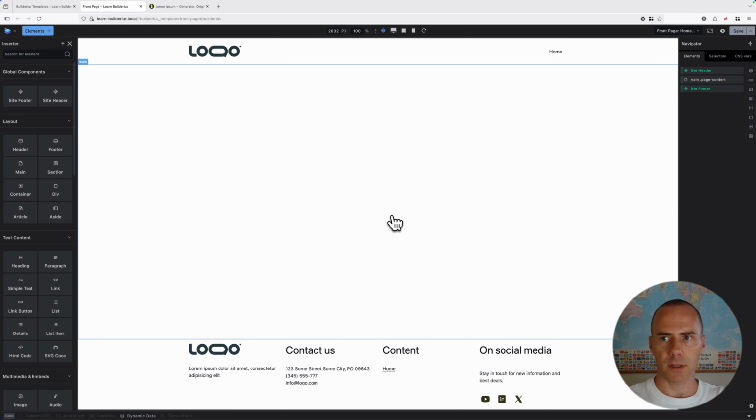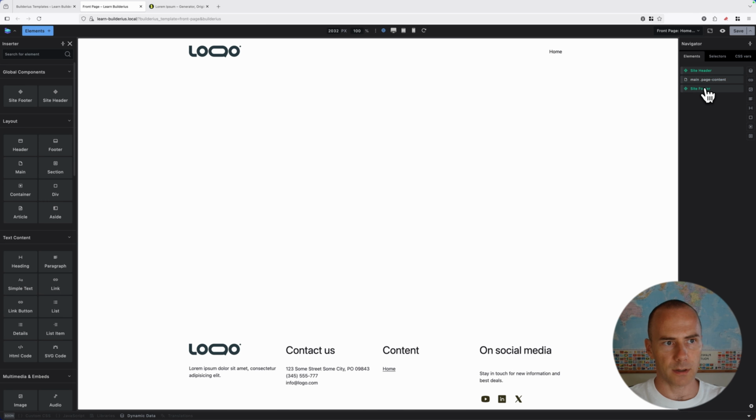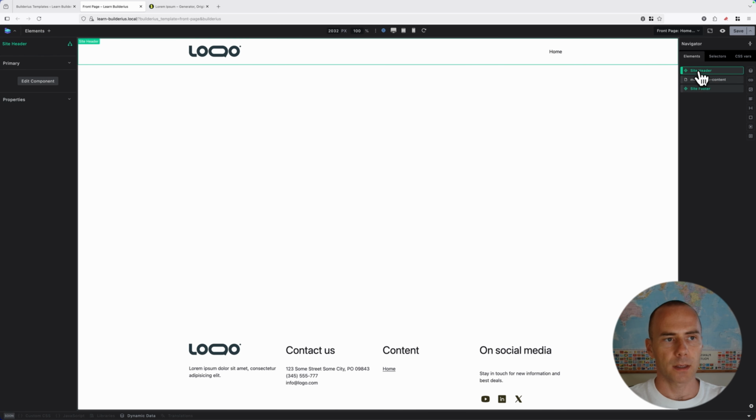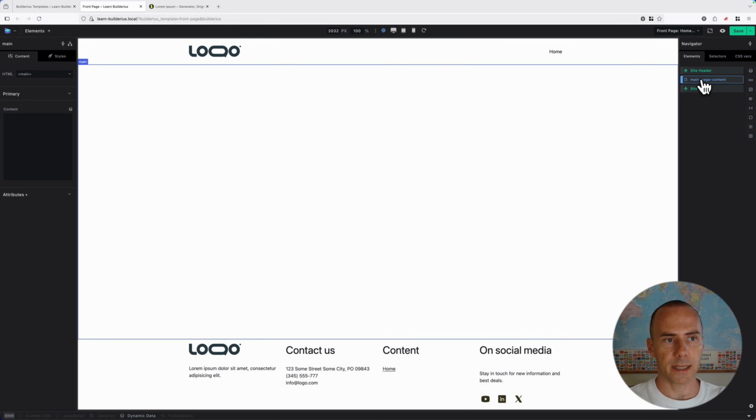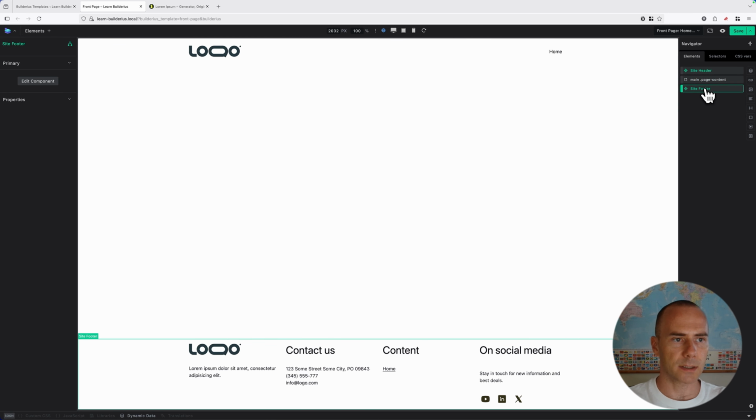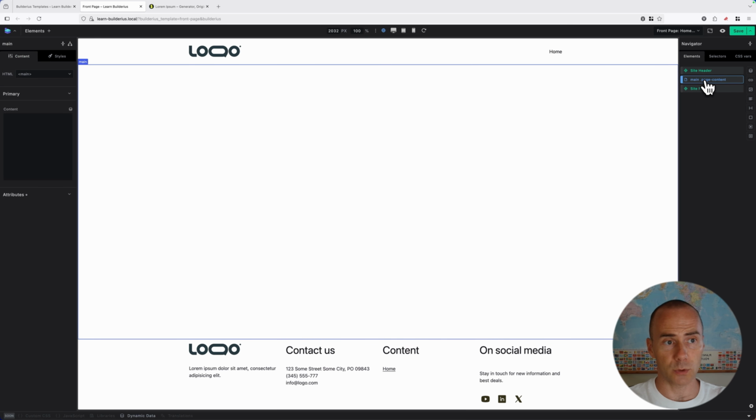Now I have the default structure of a new template as it would be created in Builderius. Here I have 3 elements. The first one is a component, a global component header. The second element is the main HTML element, and the third one is the site footer. For now I'm going to leave header and footer as is, and I'm going to work with my main